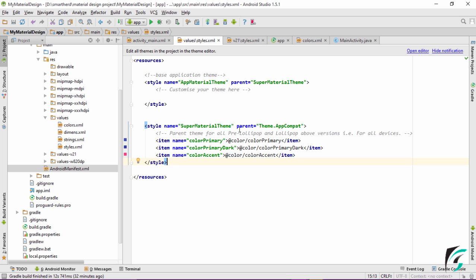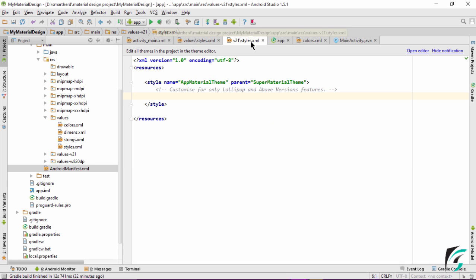This is the parent and this is the child theme. The parent of this SuperMaterialTheme is Theme.AppCompat and the parent of this AppMaterialTheme is SuperMaterialTheme. We can also say AppMaterialTheme is the child of SuperMaterialTheme and SuperMaterialTheme derives its properties from Theme.AppCompat.